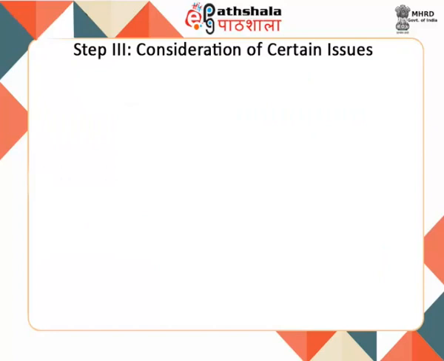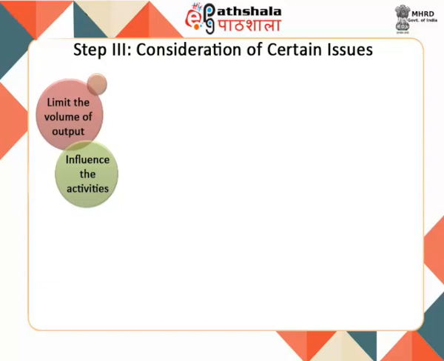The next step is the consideration of certain key issues. Principal budget factor or critical success factor. Every organization has certain critical success factors or key factors that can influence the activities of an undertaking and can limit the volume of its output. They impact the profitability of the organization. Critical success factors should be specified: raw material, a specific type of skilled labor, floor space, cash resources, etc.